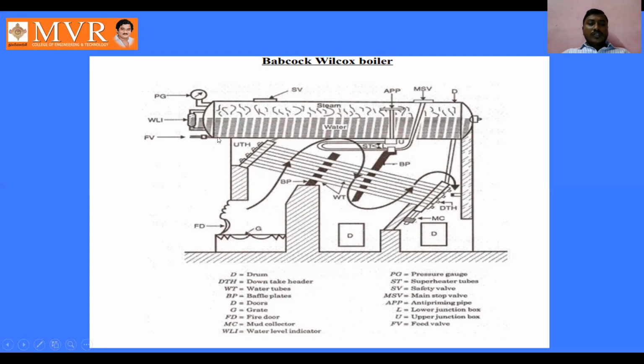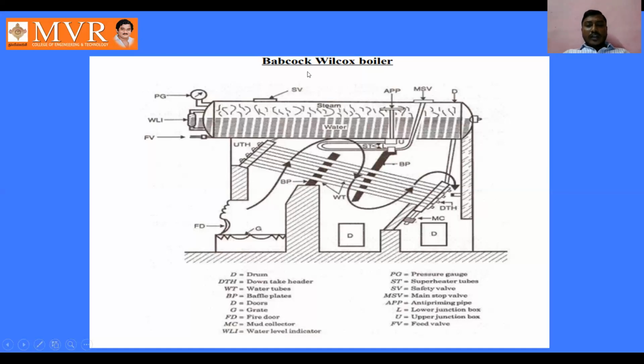The steam that has been converted is sent by the uptake header into the steam collecting place, and then enters the anti-priming pipe. The wet steam or moisture collected in the steam is removed by the anti-priming pipe, and it is sent into the